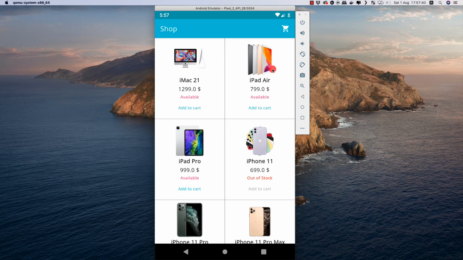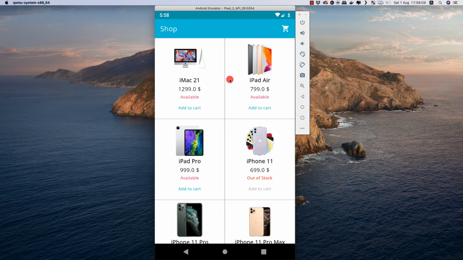So from this video onwards, we'll be doing a series on MVVM architecture. And before I tell you what all you are going to learn, let's look at the demo application that we are going to build by the end of the series. So here, as you can see, we have this shopping cart application, or you can say it is an e-commerce application.